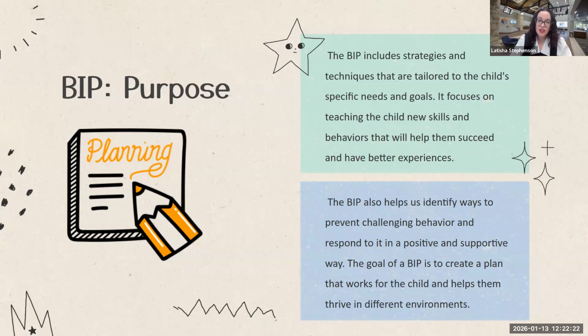This is what I tell my teachers all the time. So we want to be able to tell them what they should be doing, what they need to be doing, what is the expectation for them. That is how we ensure that everyone is on the same page about what that behavior needs to look like. So we are going to have identified behaviors we need to work on, and then the behaviors that we want to see instead. And how do we get from point A to point Z?